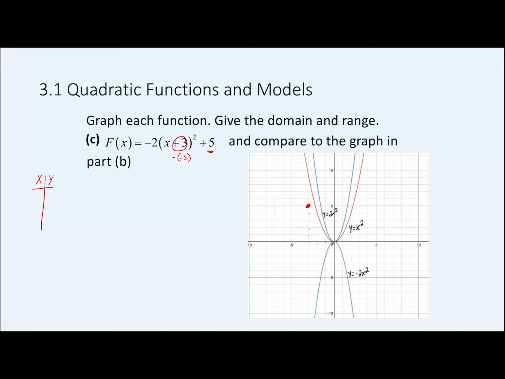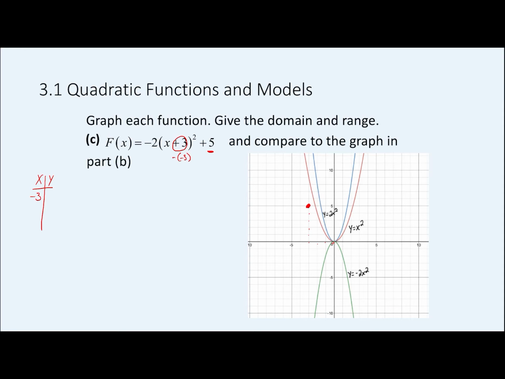And then the -2 tells us that it's going to open down. The width we know is going to match the blue or the green graphs that you see on the screen. So why is that beneficial? Well, as we're making a t-table and thinking about what numbers to put in,